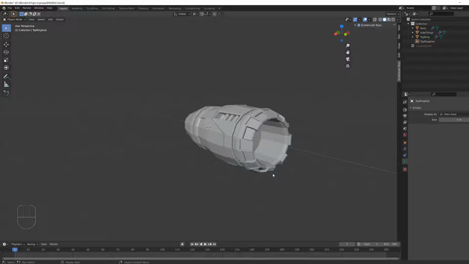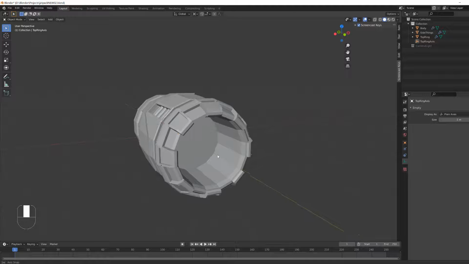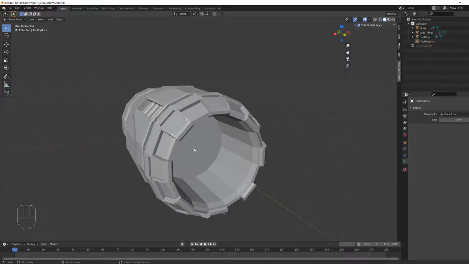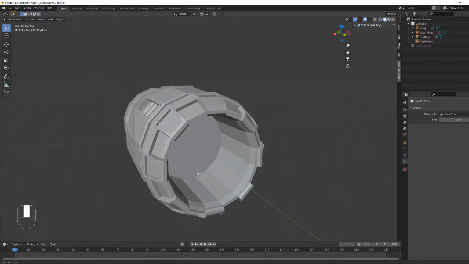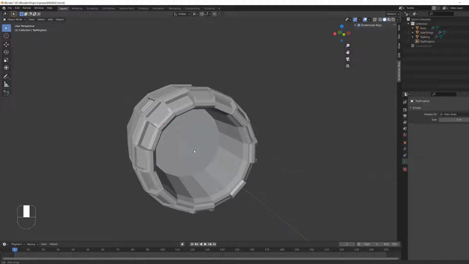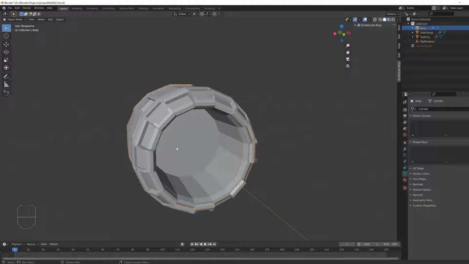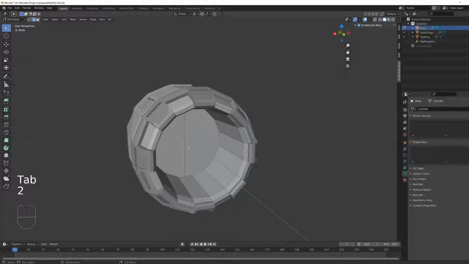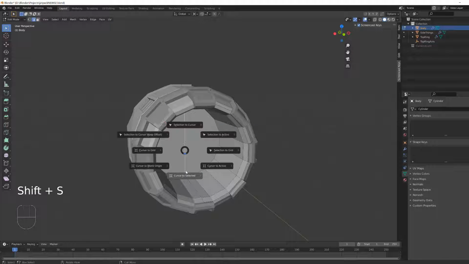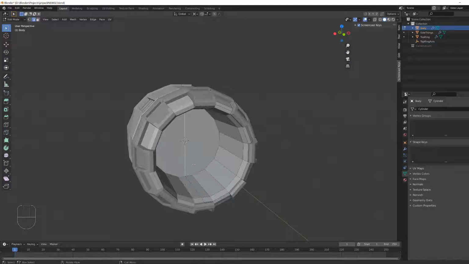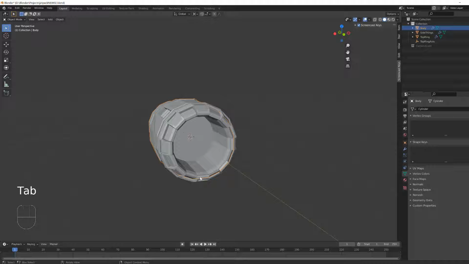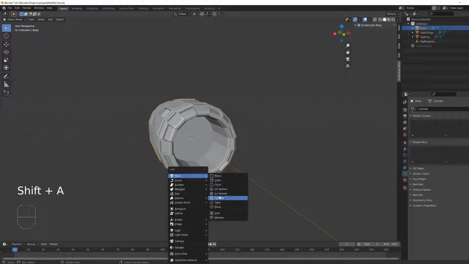Now I want to do a shaft for the fan, even though you're probably not gonna see that, but we can just extend it and do this little thing that sits in the middle. So let's get the cursor right here, and for that we're going to select the body, go into edit mode, into edge mode, select this edge, and say Shift S, cursor to selected. Okay, now we go out of that, back in object mode, Shift A, mesh, cylinder,